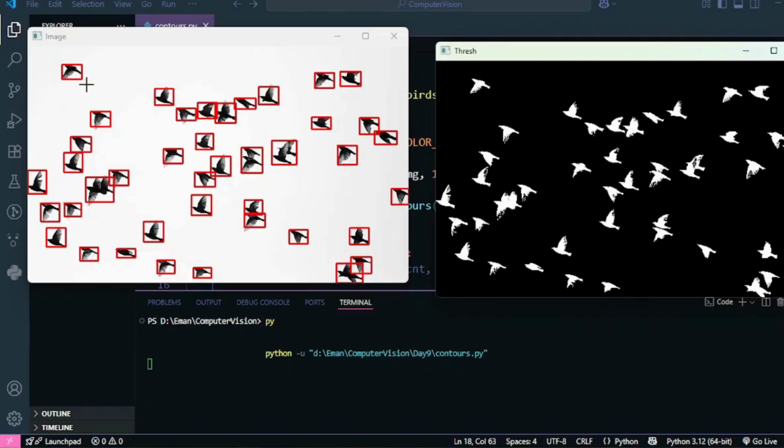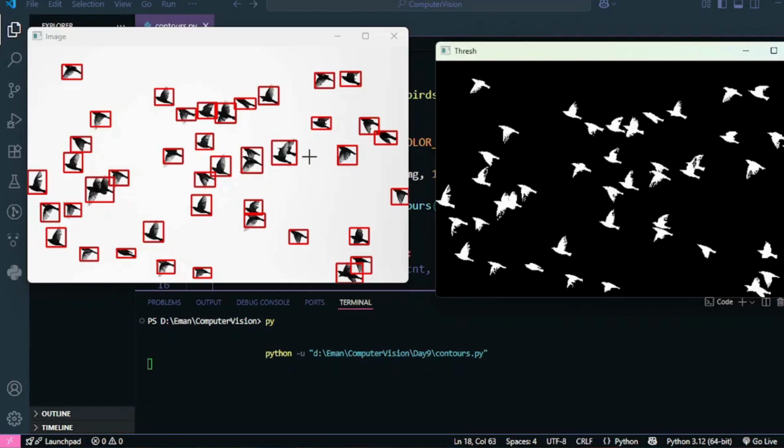So it has formed a bounding box around my objects, and as you can see, since these two birds are overlapping, it considered this as one isolated region, and it formed one bounding box around it. So this is, I think, amazing. If you ask me, this is amazing that you have created your own object detector using just a very few lines of code. I think the lines are less than 20 if I'm not wrong.